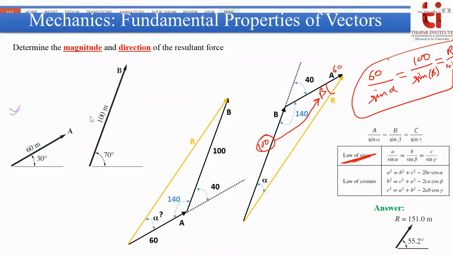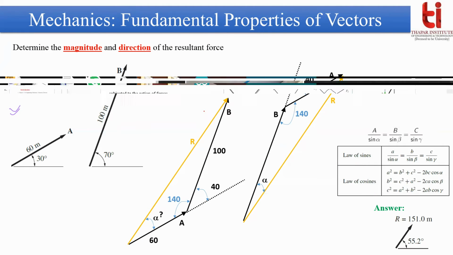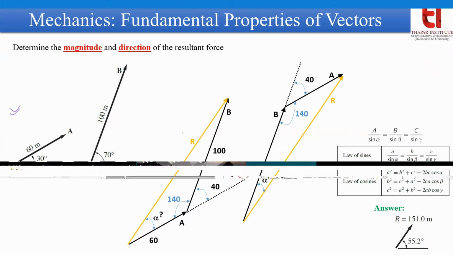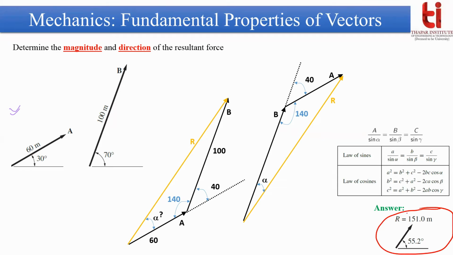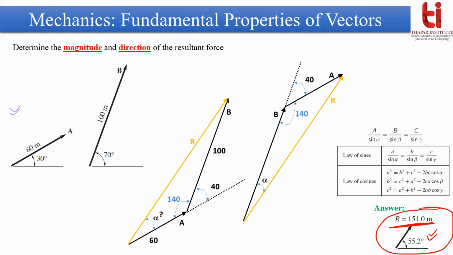In addition to the law of sines, you can also apply the law of cosines for finding the unknowns. So this is a very simple problem where you are getting only two forces in the system of forces. If there are only two forces, you can just apply the law of triangle and you will be able to solve the problem. And your answers should be written in this form. First you have to write the magnitude of the resultant and also the angle with respect to horizontal or vertical or with respect to any given force. Angle is important. If you find the angle, then only your resultant force will be complete. That means magnitude and direction both will be known.